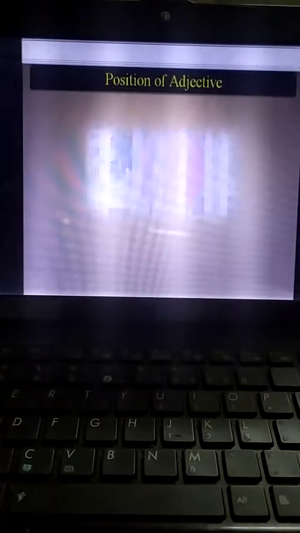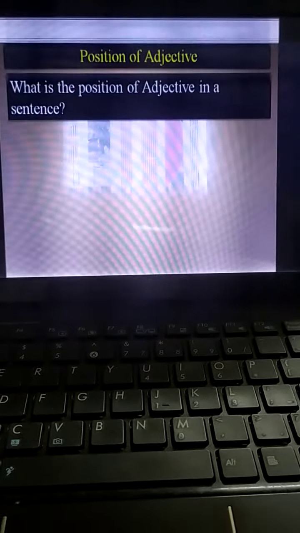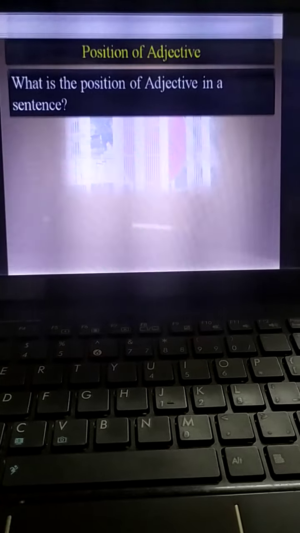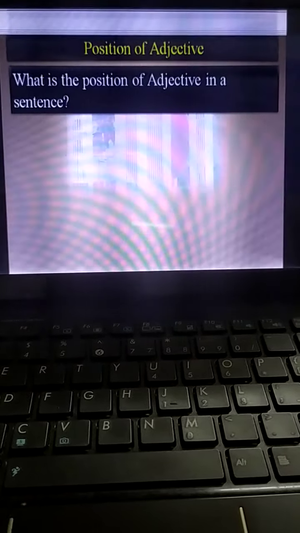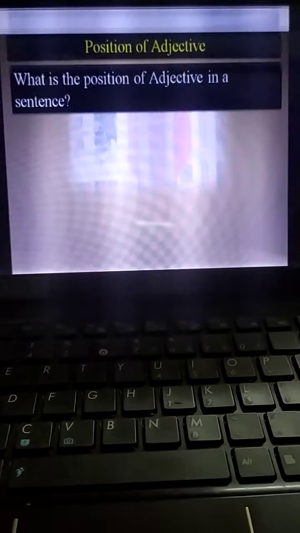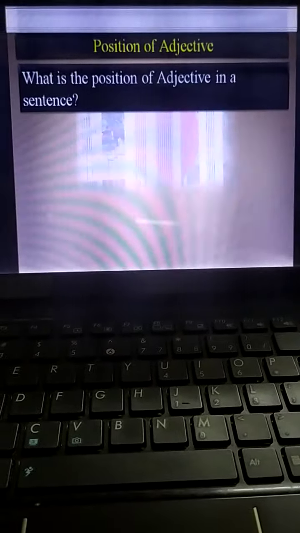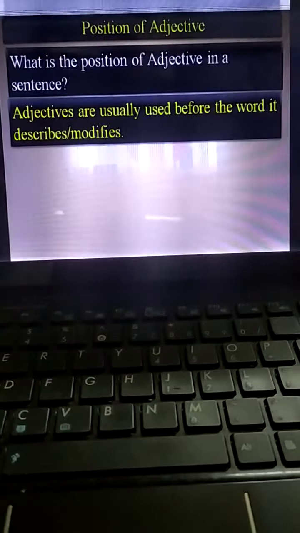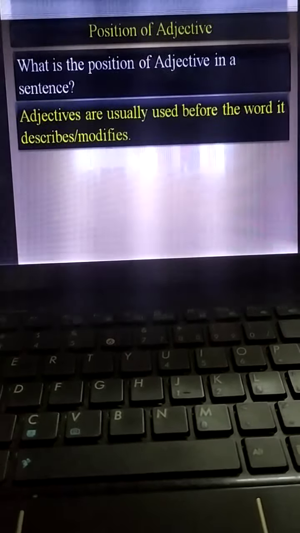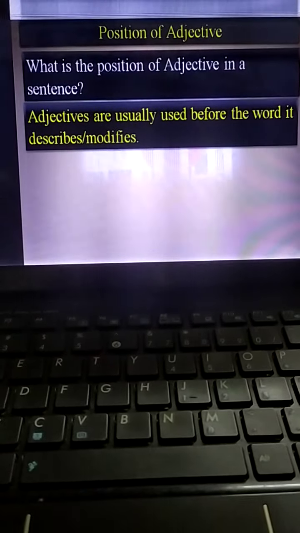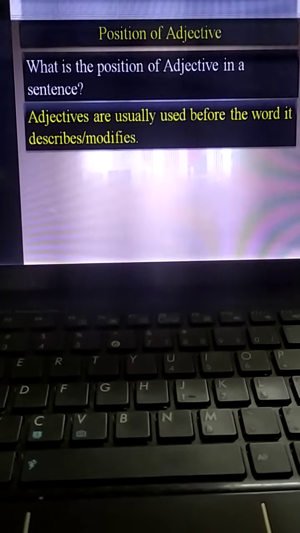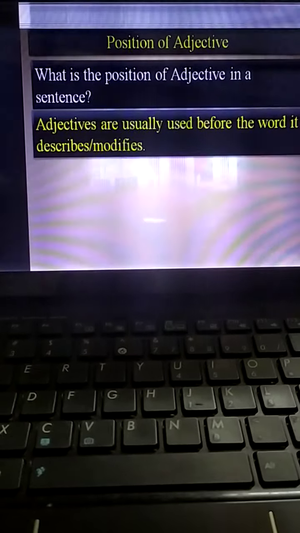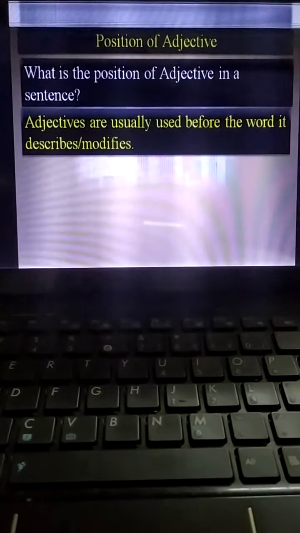Now look at this. Position of adjectives. In a sentence, what is the position of an adjective? একটি সেন্টেন্সে অ্যাডজেক্টিভ কোথায় বসে, কোথায় বসবে? This is another important factor you have to consider in use of modifiers. Firstly, look at this. Adjectives are usually used before the word they describe or modify. যে নাউনটাকে বা প্রোনাউনটাকে সাধারণত সে মডিফাই করে, সেই নাউন বা প্রোনাউনটার পূর্বেই বসে। এটাই হচ্ছে অ্যাডজেক্টিভের একটা ক্যারেক্টারিস্টিক।